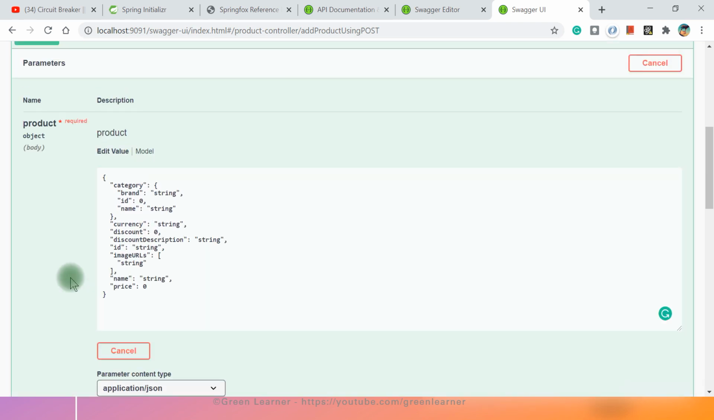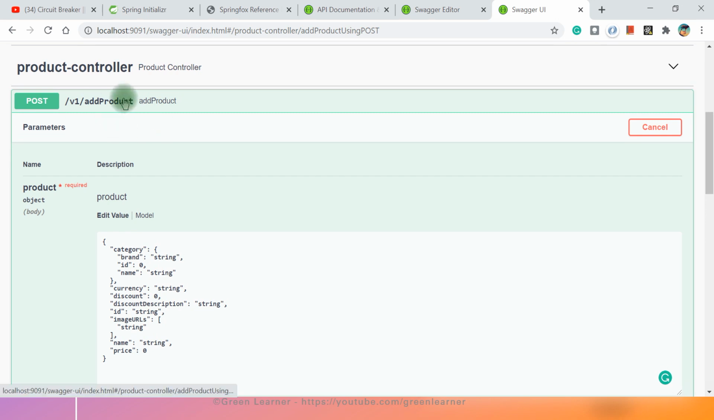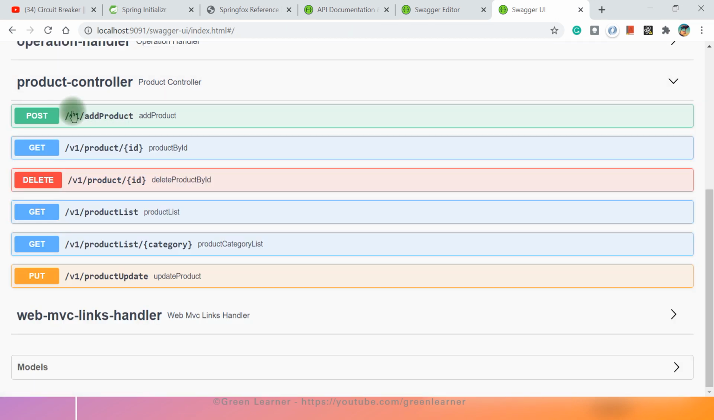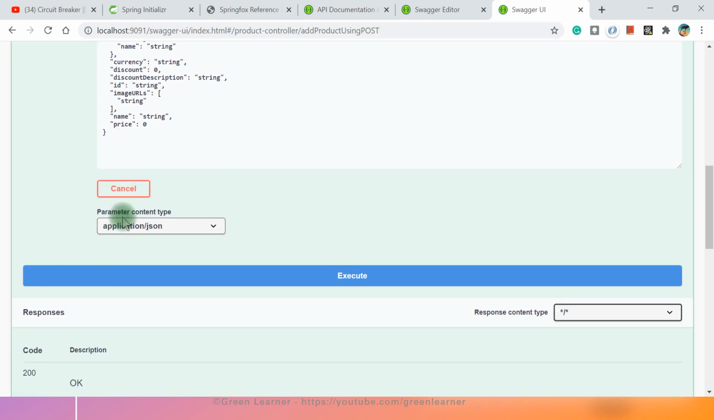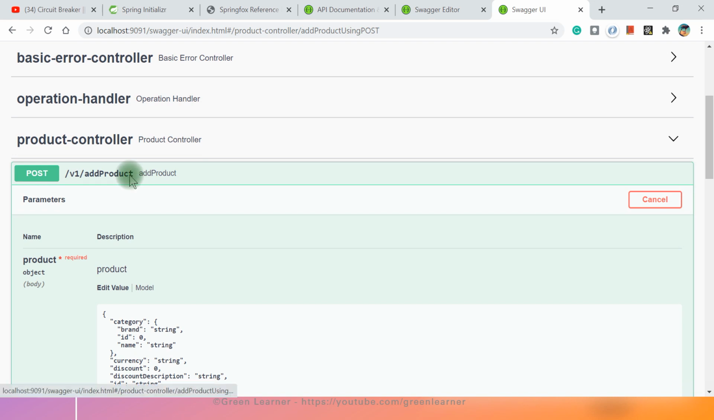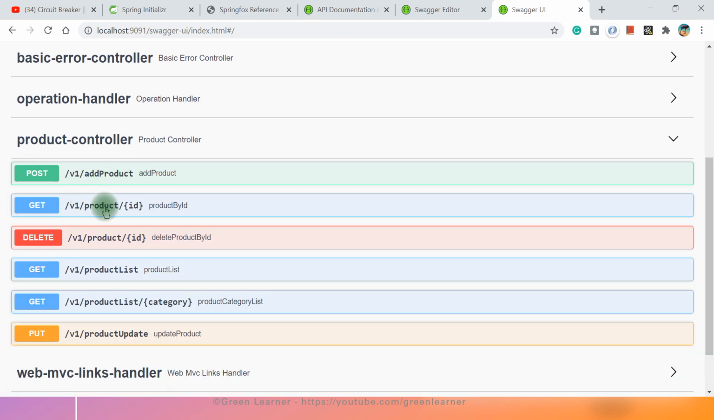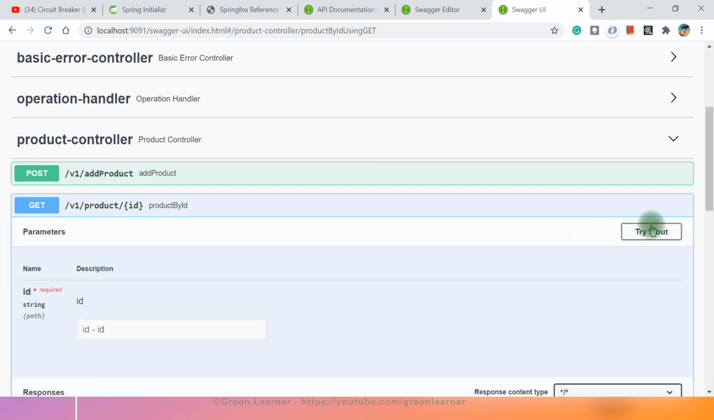So this is about the POST API that we had here, and it is also giving you the URL that it has, right? And you can see this as well. Also, you can see the parameter content type by default configuration, that is JSON, it is giving you here. And the same way you can come here on the GET one and you can see the